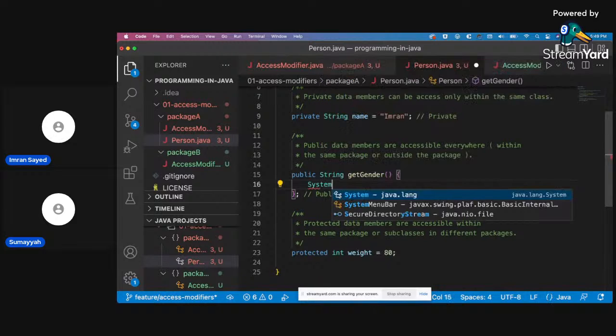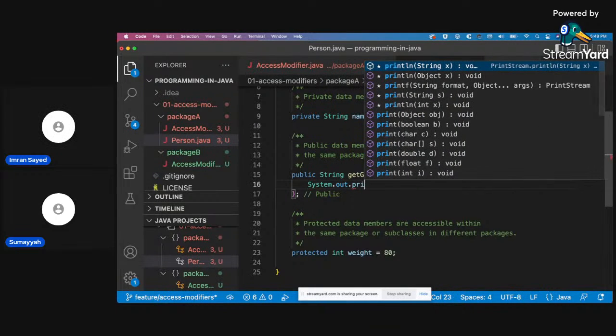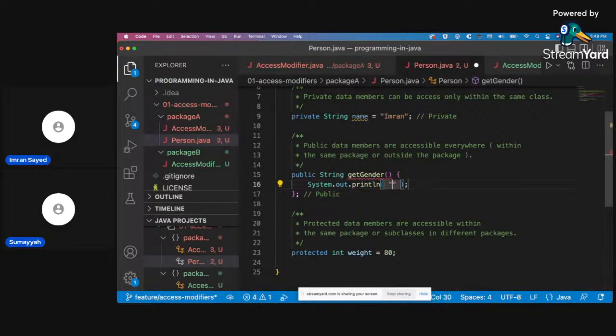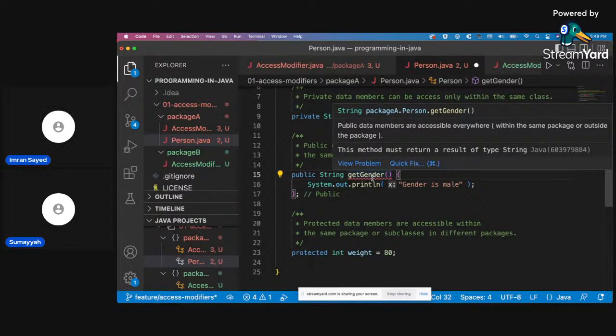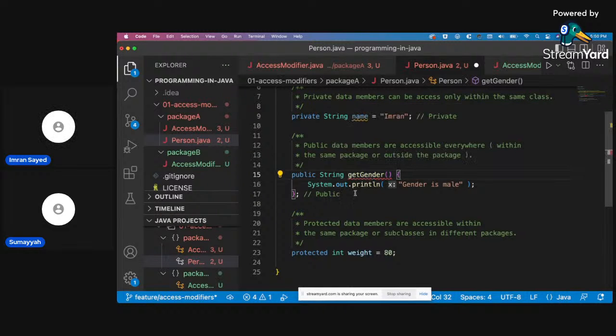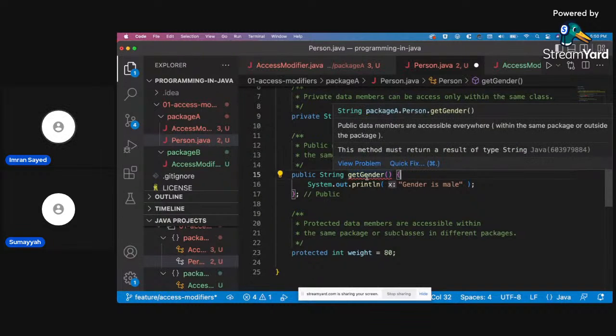System dot out dot println. Oops. Why does the X come in? Unnecessary. In package.a.person, data member accessible everywhere. What's wrong? Why is it highlighted? Must return a result.